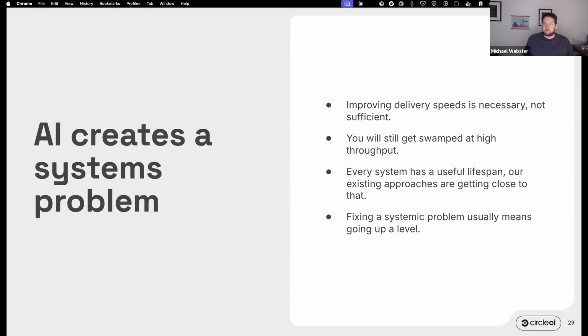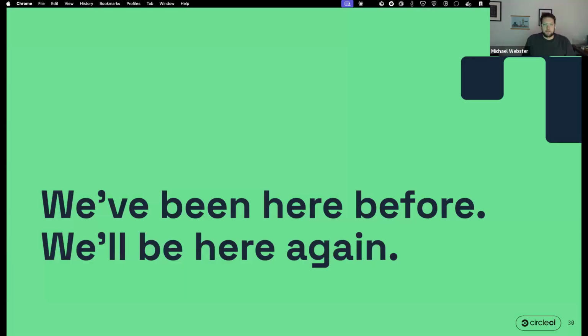Those things have never really been ideal, but they're now becoming significant blockers to the hundreds of thousands to millions of dollars that companies are investing in AI to hope that they improve their delivery speed. So when you have a systems problem like this, it's really hard to change the system from within. You need to pop up a level and look at the system as a whole and find out how you can tune it. And ultimately, you end up building a new system.